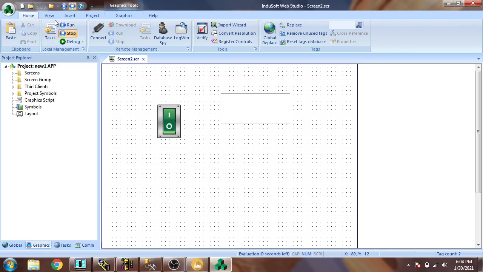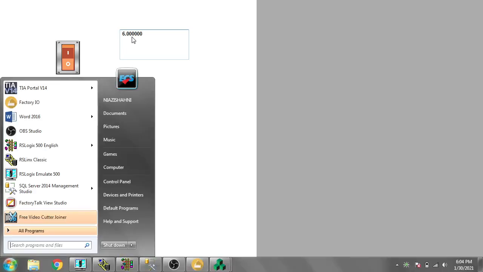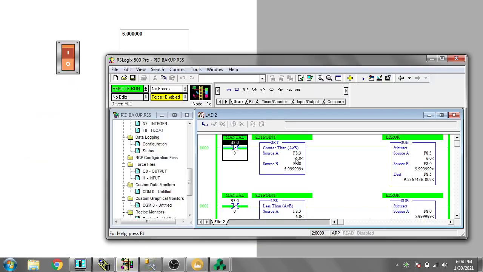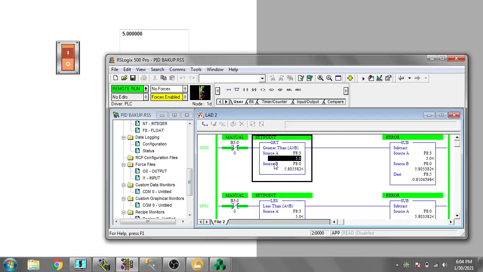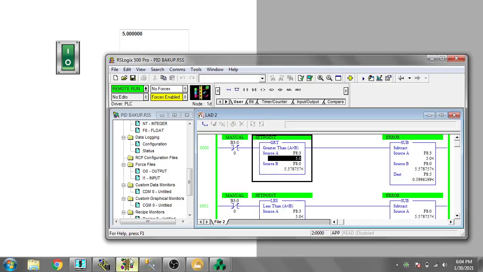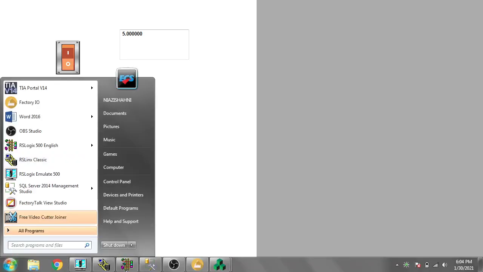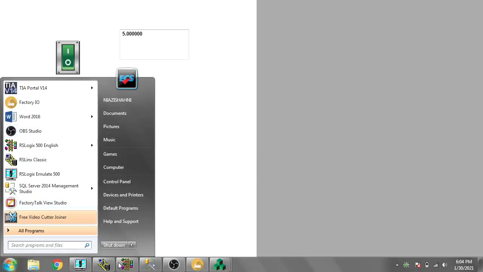Now I am going to save that and start a simulation. So you will see I am going to enter anything. You will see 6.0, which is our value. So you will see it is 6.0 there. If I change that to 5.0, you will see 5.0. It is now decreasing. If I make it off, you will see it will go off. Our manual bit is now off. Now I am going to turn it on, and you will see it will turn on. So I am going to make it off again, and you will see it goes off again.